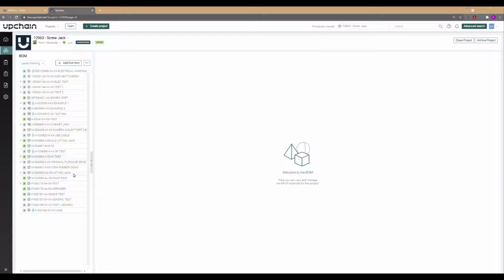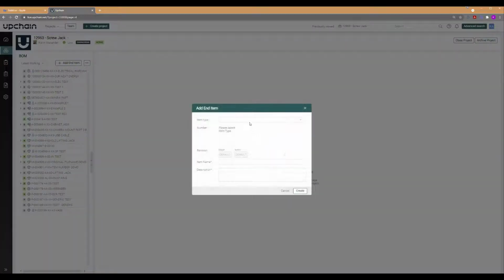So here in Upchain, first thing I'm going to do is create a new electrical object. Okay, so we're going to add a new item. It's going to be of the type electrical package. This is critical right here because this is the only object type that will then give you the ability to import an electrical package into the item. So you do need to make sure you select this one. I'm going to call this demo test,